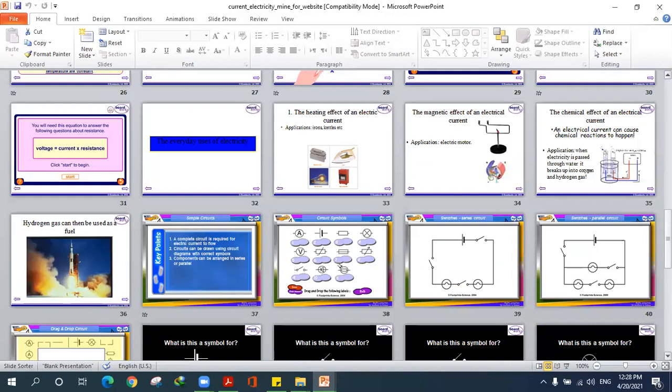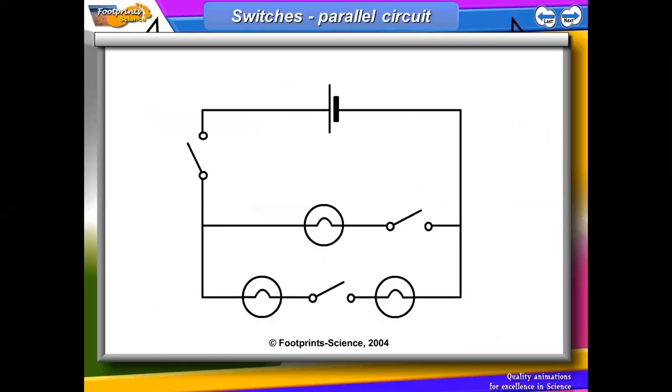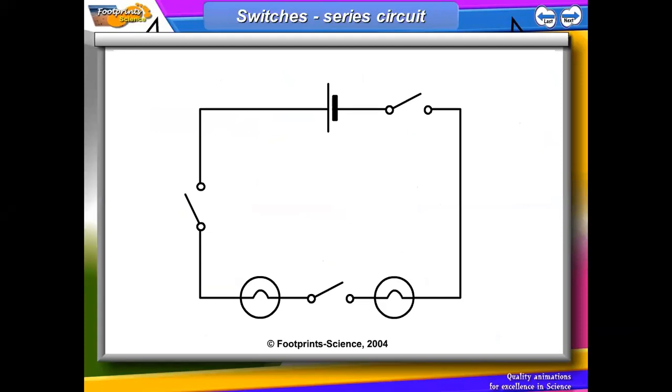And we also learned about different types of circuits. So we have parallel circuit and series circuit. The series one is the one with one path only, while the other one is